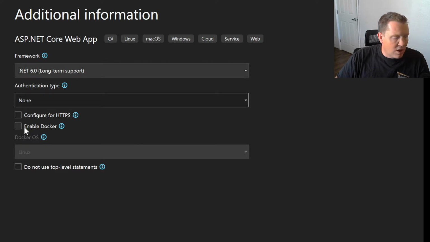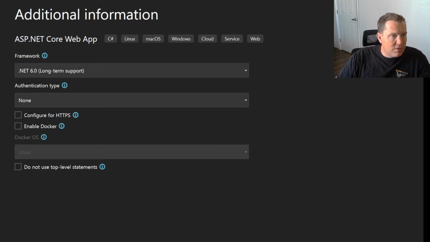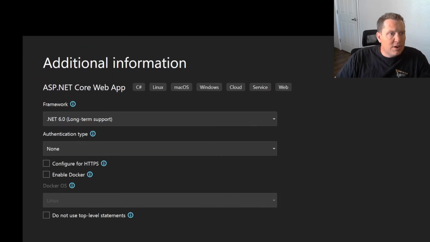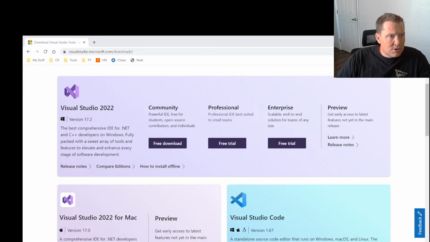If you wanted to get into Docker, we're going to do a series around Docker later, but for right now, we're going to keep this pretty simple and click next. I'm going to resize my window here to make sure that you all can see the various different parts of the window. Now, this is going to pop up another window here, so that's kind of the wizard that's going to step you through. So now I'm going to change it back over here,